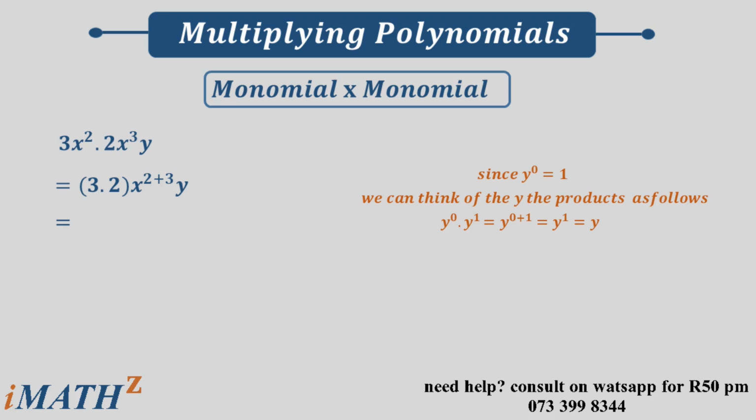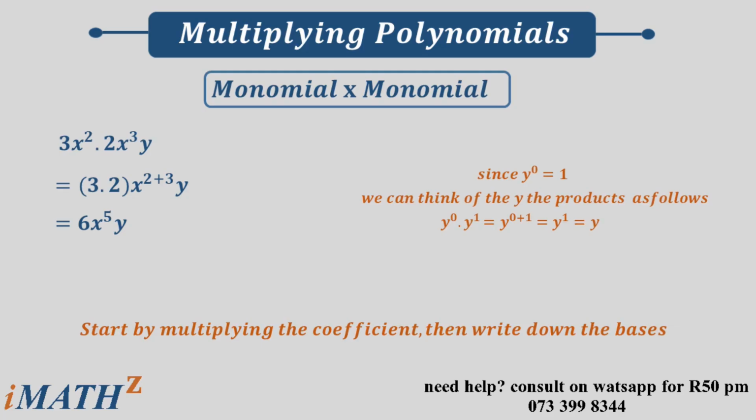So the final answer then becomes 6x to the power 5 times y. In summary, to multiply a monomial times a monomial, start by multiplying the coefficients, then write down the common bases and add their exponents or powers. Let's take a look at another example,